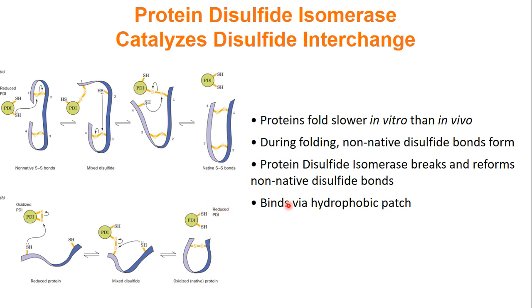For PDI, it's thought that it first binds to the protein via hydrophobic patches. That makes a lot of sense. These hydrophobic patches would only be available if the protein wasn't folded properly. Otherwise, the hydrophobic patch would be buried. So if PDI sees a hydrophobic patch, that's a signal that this protein is not folded correctly yet. So it's going to bind, and through that binding, it leads to the rearrangement of disulfide bonds. So that's one reason why proteins will fold slower outside the cell than inside, because on the outside of the cell they are lacking this